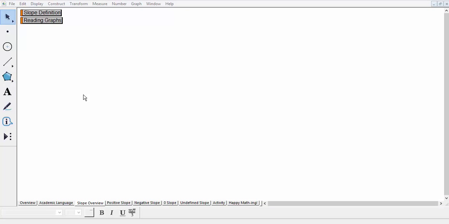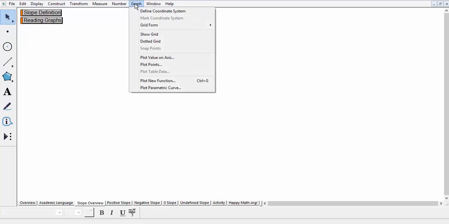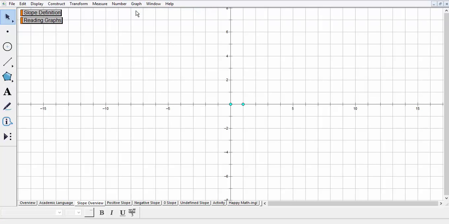Before we begin, we need to have a basic understanding of what slope is. In order to do this, we need to graph a line. So we'll go up to the Graph tab and select Define Coordinate System. Now with our coordinate system in place, we can go over to the Straight Edge tool and select the line